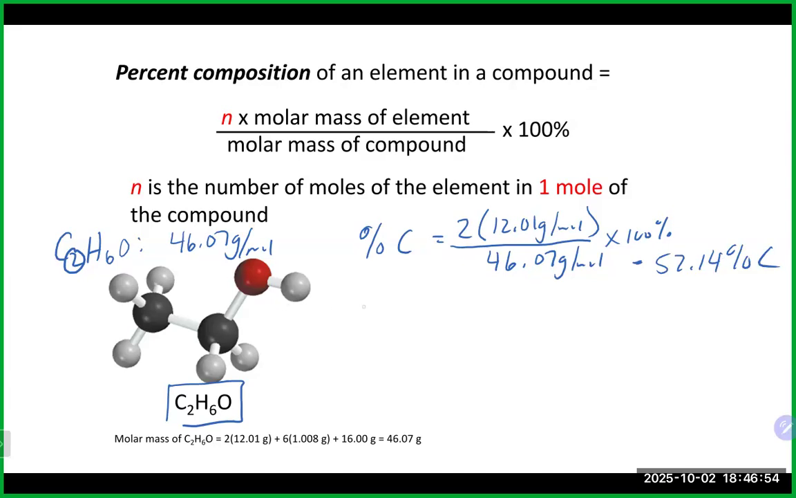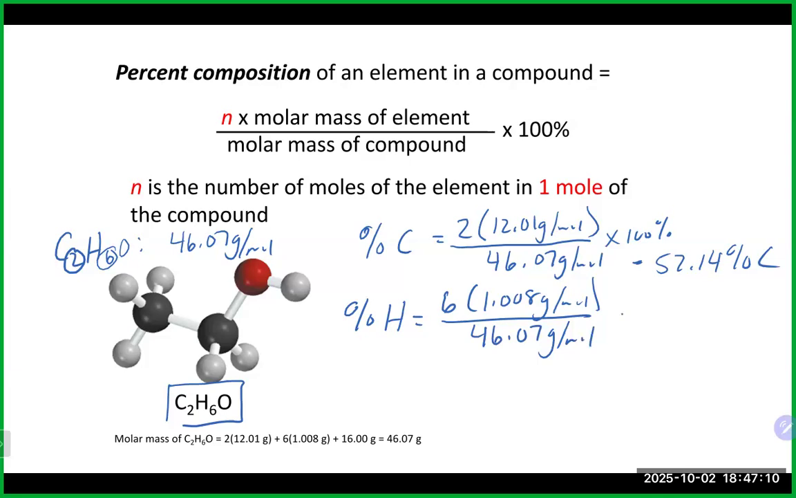We could do the same thing for our hydrogen. We'll take the percentage of hydrogen. In this compound here, we've got 6 hydrogens. So 6 times 1.008 grams per mole divided by the molar mass of the entire compound, and again, times 100%. That's 6 times 1.008 divided by 46.07 times 100, and that gets us about 13, it looks like, maybe